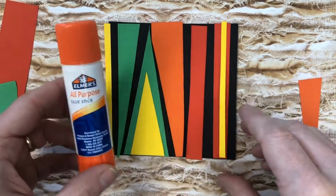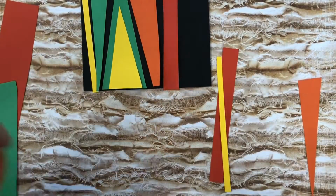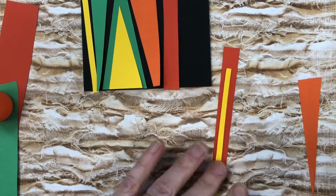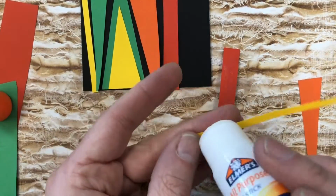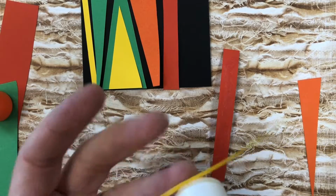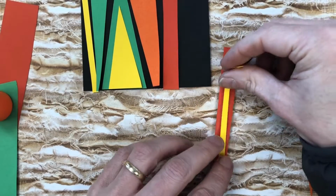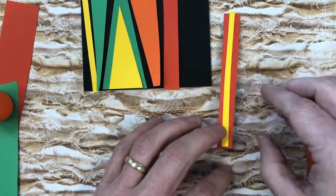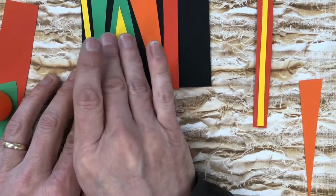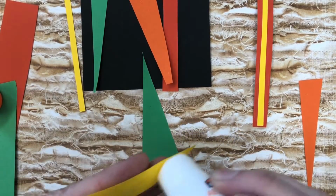Now we're going to get started on gluing things down. When I glue things down with a glue stick, I like to put glue both on the object that's being glued down, and I also like to put it on the surface that it's being glued to. So right now I'm gluing my layered pieces together. Where that yellow is on the red, and also where that yellow is on the green, I'm going to go ahead and glue those pieces together